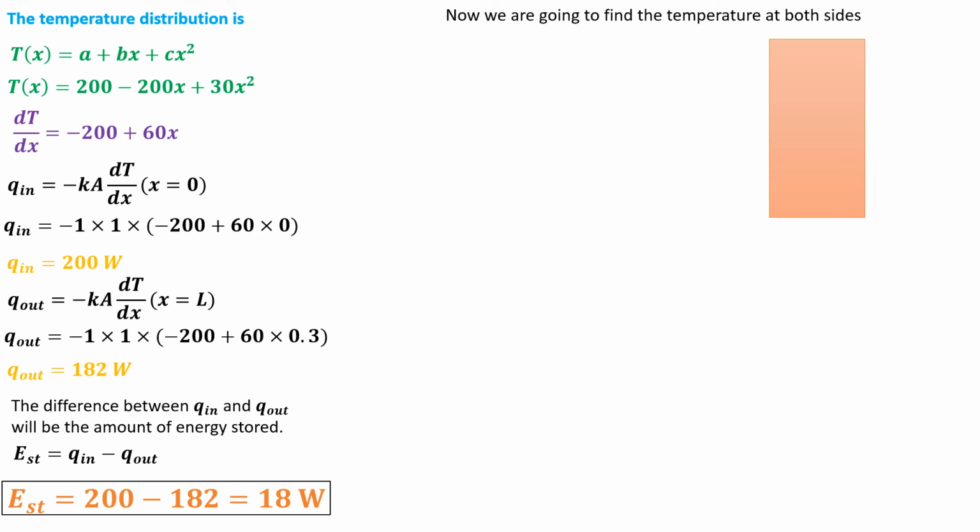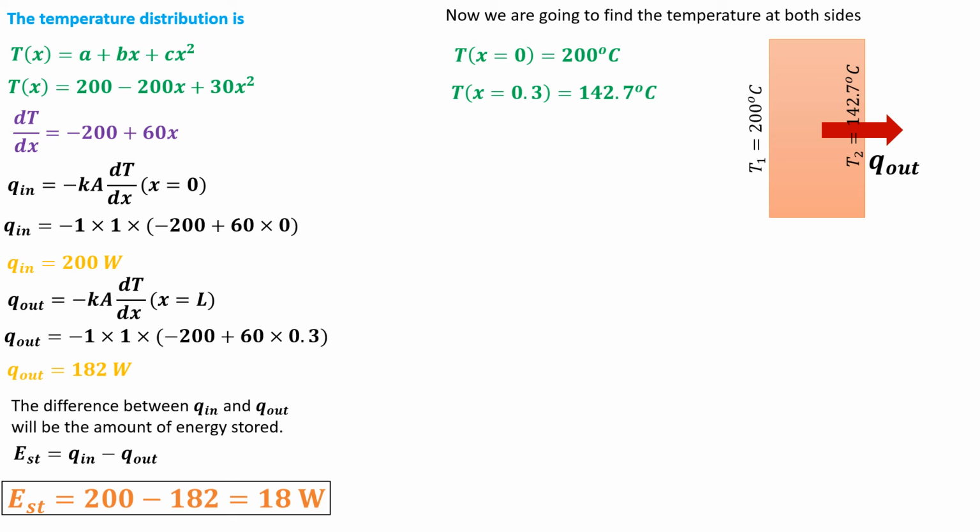For side 1 where x is equal to 0, temperature comes out to be 200 degrees centigrade, and for side 2 where x is equal to 0.3, temperature comes out to be 142.7 degrees centigrade. By comparing these sides we can easily tell that the second side, which is x equal to 0.3, is the colder side,